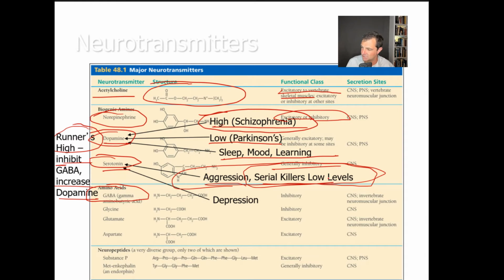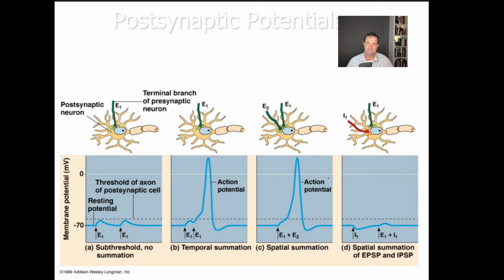I don't know how you find that many serial killers, but anyway, low levels of serotonin, maybe they're depressed because they're serial killers, or I don't know. But anyway, the study done at least suggests that serial killers seem to have a low level of serotonin. Anyway, now what happens, I mentioned the inhibitory and the excitatory part, is that when you have a neuron that